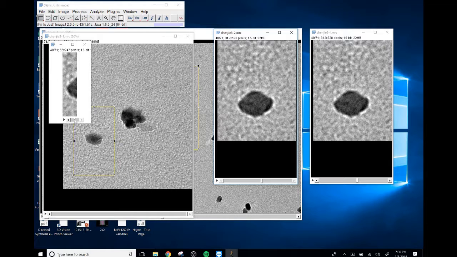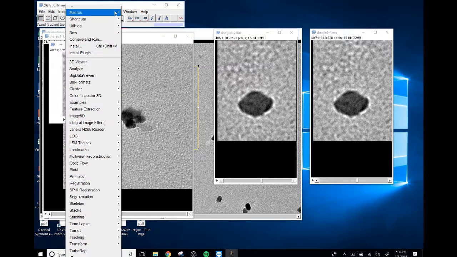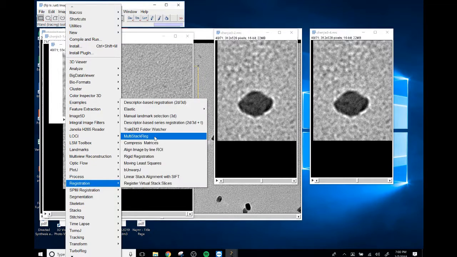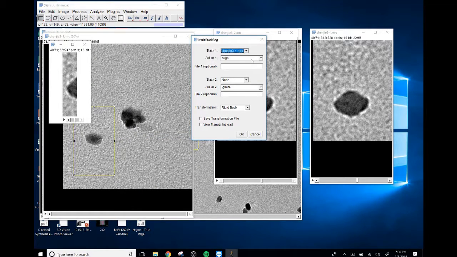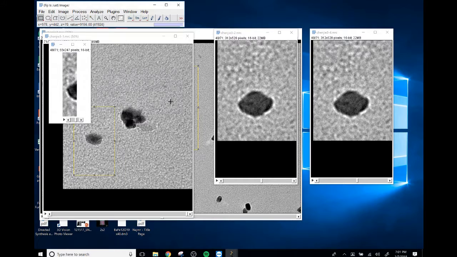All right, for this stack, we're going to plug in registration, multi-stack reg, but now we're going to use another feature of this. We're going to do the translation. I think this is actually number 3 that we want. 3 is going to be this pack here. And we're going to do translation, but we're going to save the transformation file. I'm going to put that right on the desktop so we know where to find it. And what this does now is if it transformed it right,